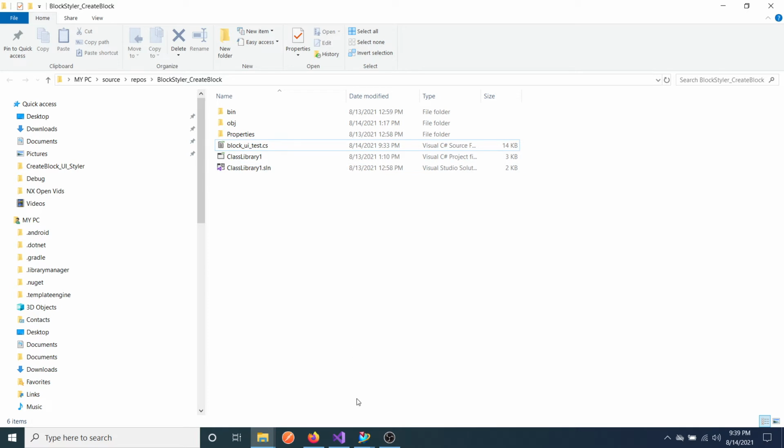So just keep that in mind and keep them in separate folders: your dlx should be in one and your cs file in another. Every time a new cs file is created, you just copy the required parameters from there to here. I will show you that.